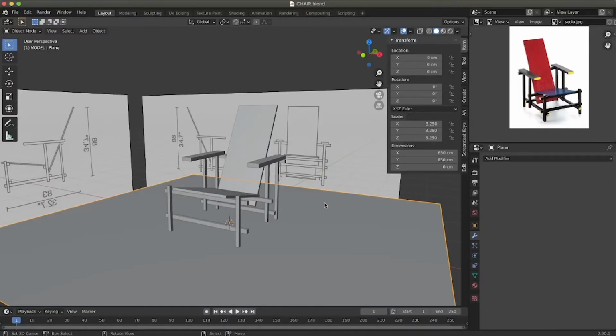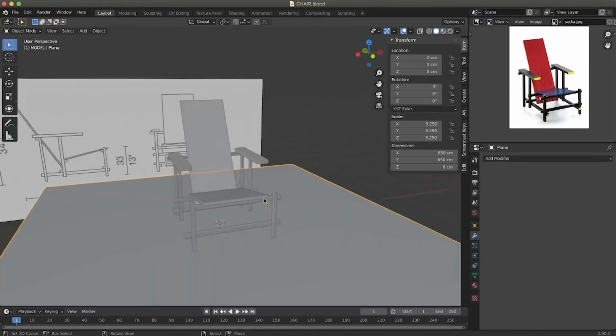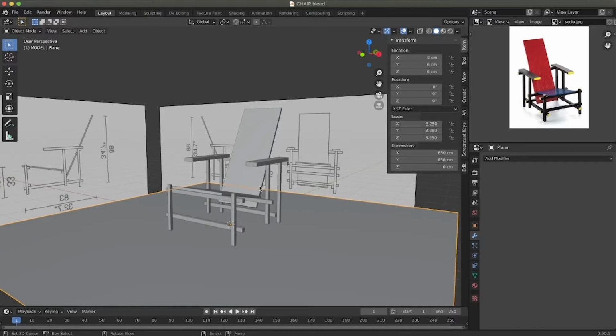This is the fifth part of the tutorial where we will smooth the chair model we made in the fourth part. This week we will use modifiers and we will learn how to work in a non-destructive way.